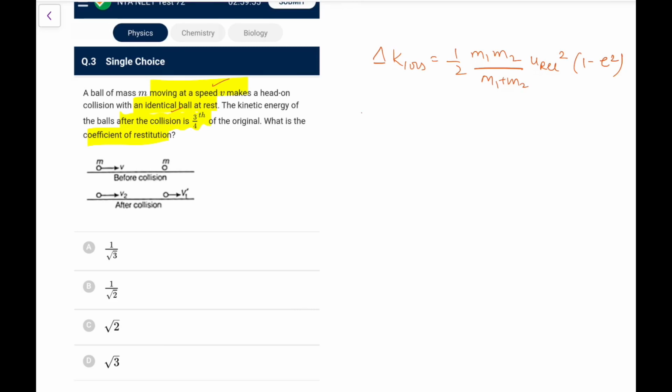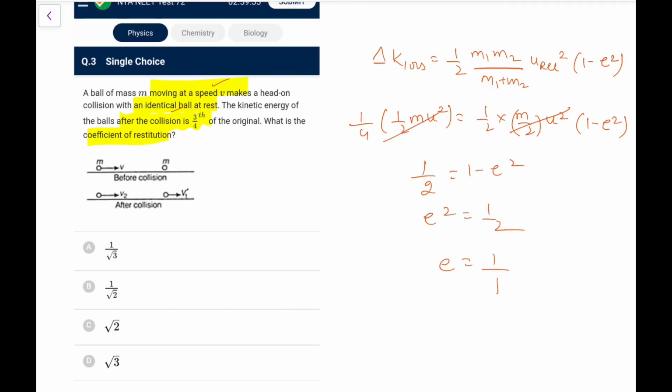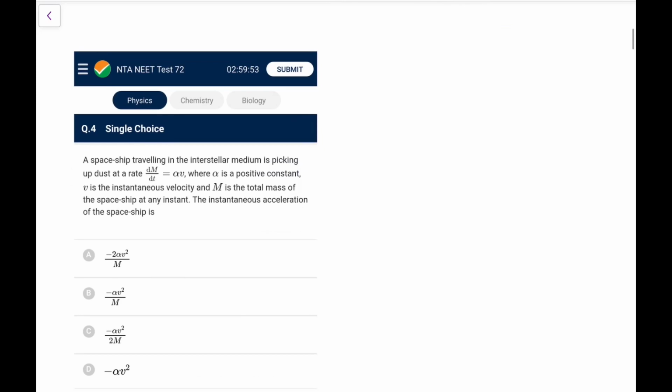So here the loss is 1/4 of the total, and the total is half m u square. So here we have m1 m2 upon m1 plus m2, and because both are identical, this reduced mass becomes m by 2. u relative would be u because one is at rest, into 1 minus e square. So now half m u square goes, and you get 1 by 2 equals 1 minus e square, so e square is half, so e is 1 by root 2. So the coefficient of restitution as per the question is equal to 1 by root 2. Next,